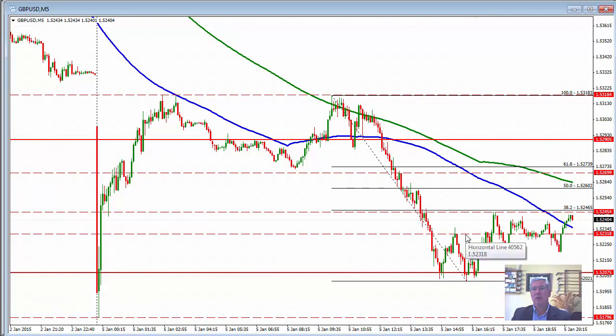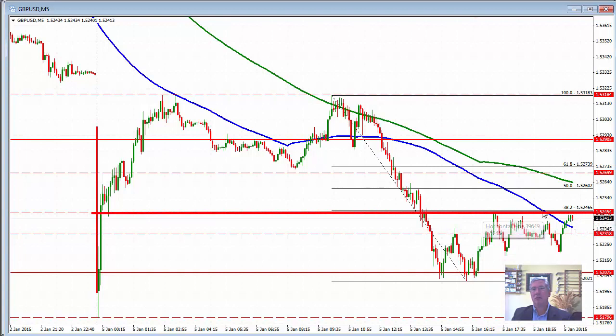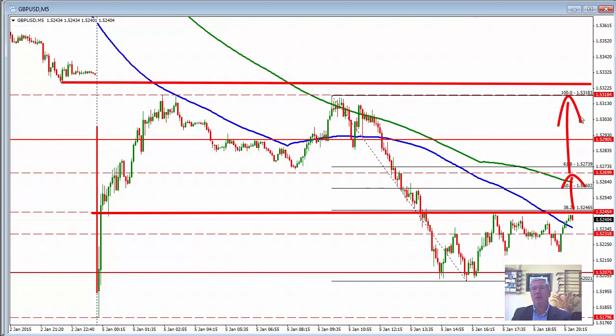Here's our 32 level right here. Here's our 70 level. Didn't really get anywhere near the 70 level in trading here in the New York session, but we traded below the 32 level on 1, maybe 2 or 3 different occasions here in the New York session after moving back above it right here. So there is a little bit more of a buying on a dip type of scenario here. Here's our 45 level. That's that trend line slashing across from the 2009 low to the 2011 low. And if we are able to get above that 45 level and then get above the 70 level, we could see